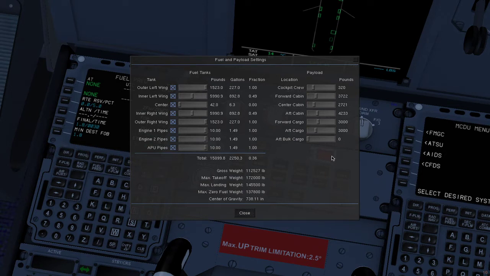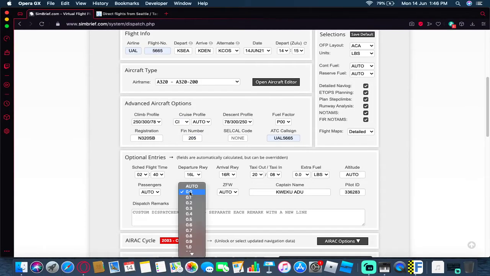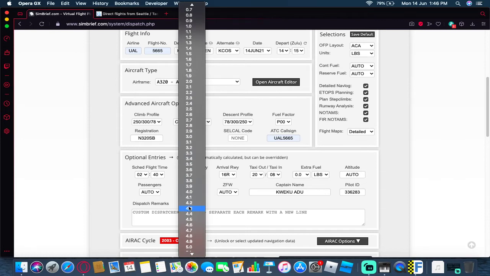Let's say you got 6,000, then you divide it and you get 6.0. It's also 6 maths, so it's also 6. So come over here, then look for 6 or 6.0,